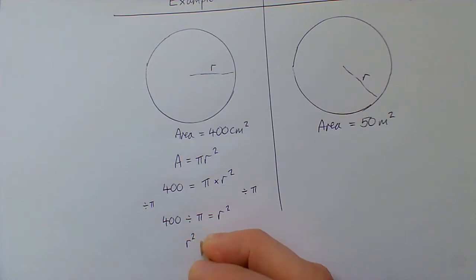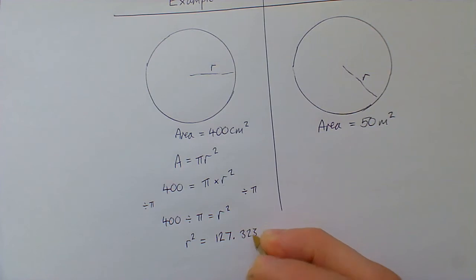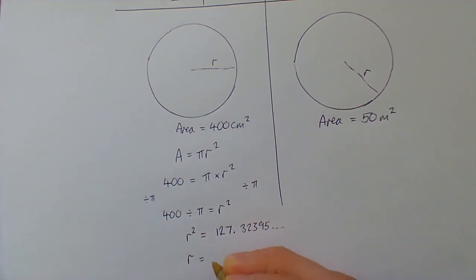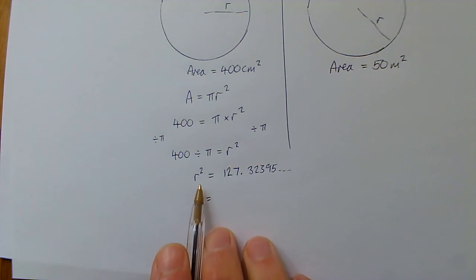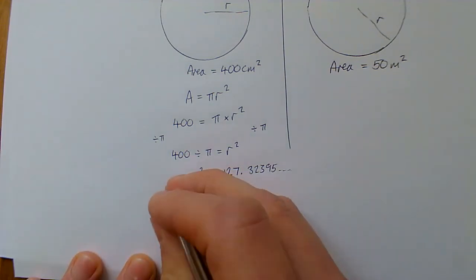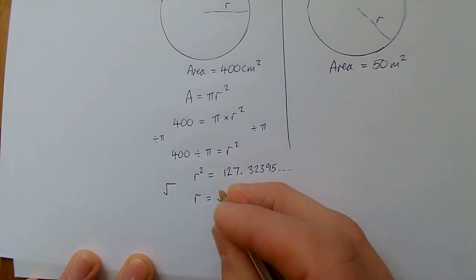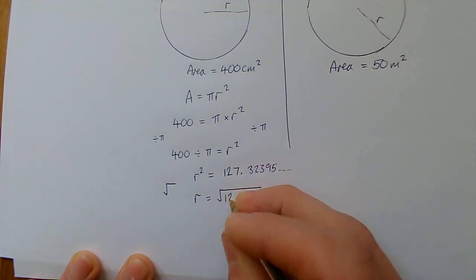Again, I'm just going to flip that around. So r squared equals, and you can put 400 divided by pi in your calculator. That's not a problem at all. So 127.32395, etc. Well, what's the opposite of having a square? Well, if you think back to your Pythagoras work, when we had c squared equals something, the thing we do is we want to square root. So r is the square root of